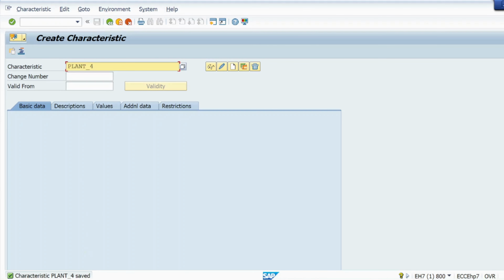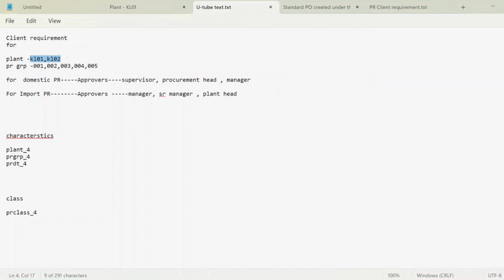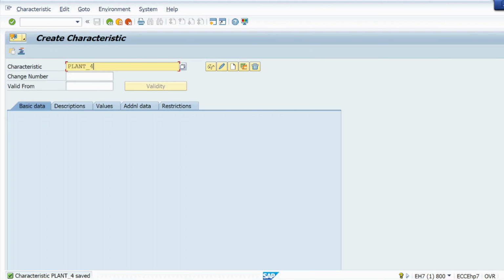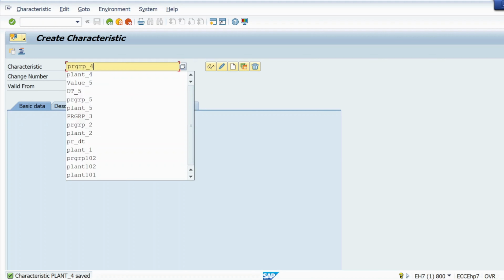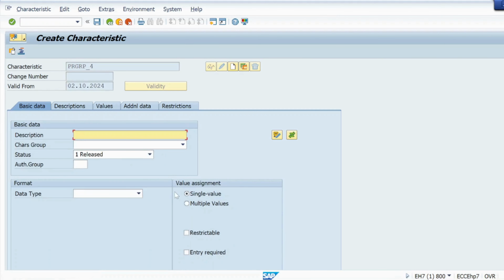Yes, like that I will create for purchasing group. So for purchasing group characteristic I am going to take this one, purchase group underscore 4. So let me take here, just click on create icon, and here I will select multiple value, and description I am going to take that same, and then in additional